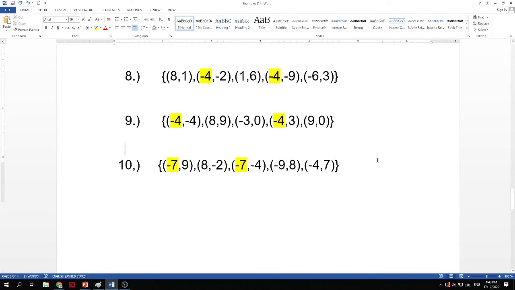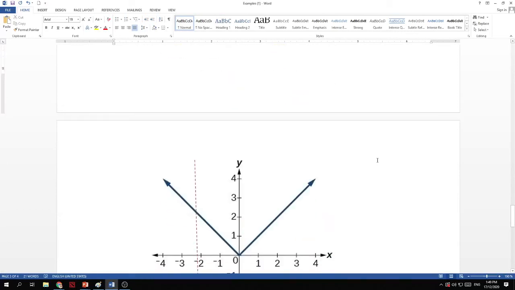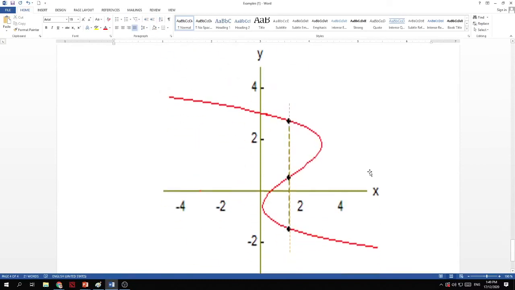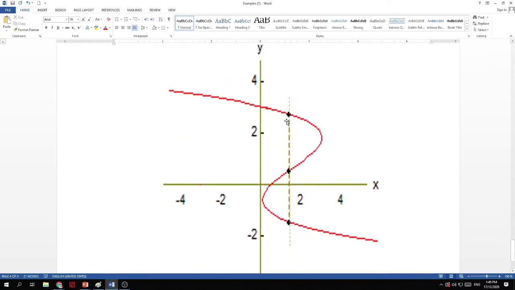Now, is everything clear? What about this? Function or not a function? Function. This one, not a function. So, that's how you